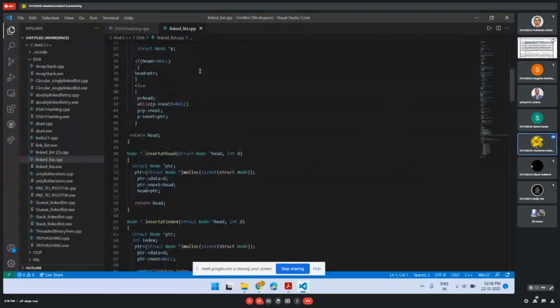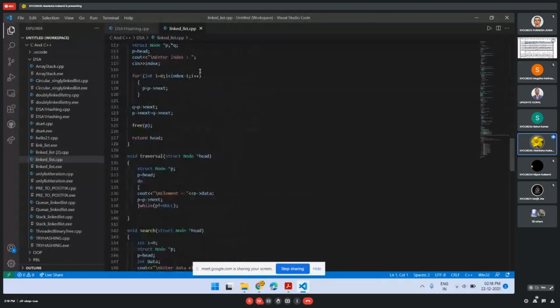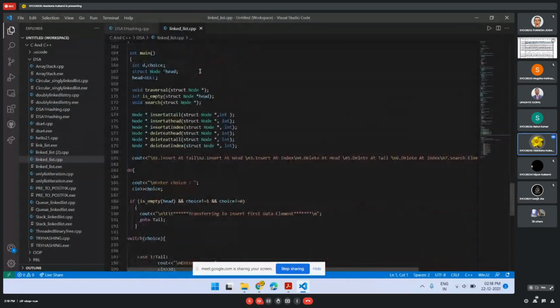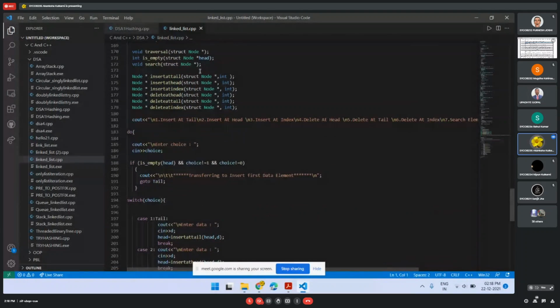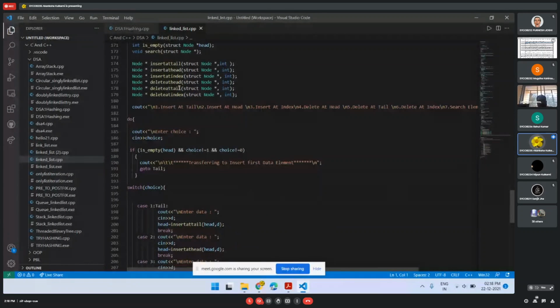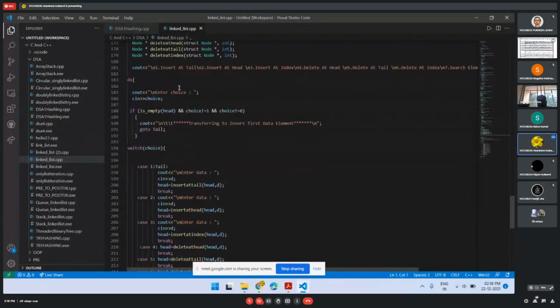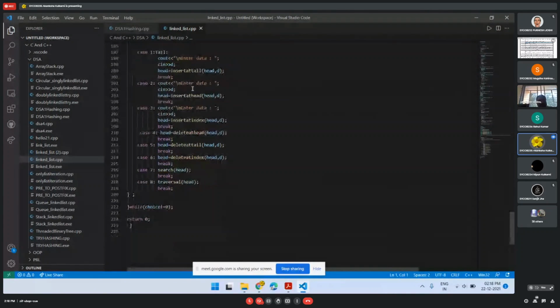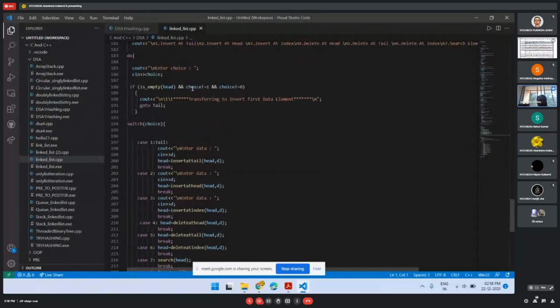Sir, I had created the singly linked list with insert at head, insert at tail, insert at index, delete at head, delete at tail, and delete at index, as well as I had added a search function and a traversal function in it. Explain one in detail. You go for insert in detail.